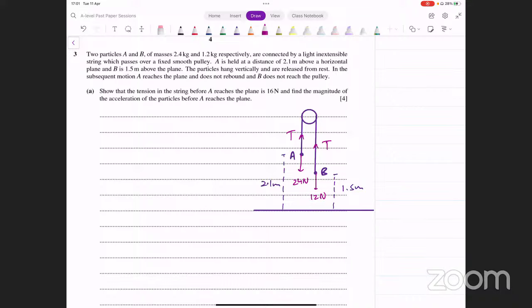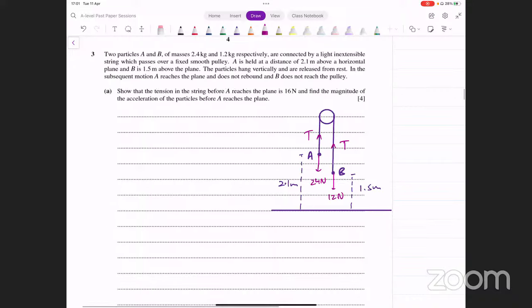टेंशन इज गोइंग टू बी इक्वल ऑन बोथ साइड्स बिकॉज़ इट्स अ सिंगल स्ट्रिंग. पुली के ऊपर से जब भी आपकी स्ट्रिंग पास कर रही होती है, दोनों साइड्स के ऊपर इक्वल टेंशंस होती हैं, ठीक है? ये आपकी सिचुएशन है. अब